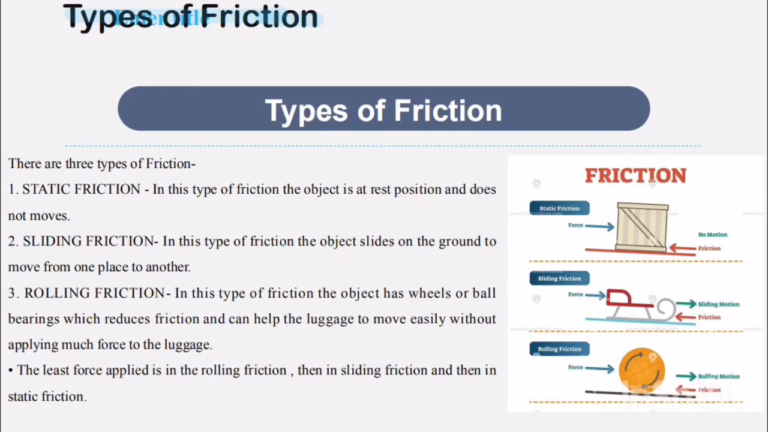Types of friction. There are three types of friction. First, static friction. In this type of friction, the object is at rest and does not move. Imagine a box kept at one corner. It is not moving, and here the friction is static friction. Second, sliding friction. In this type of friction, the object slides on the ground to move from one place to another. Third, rolling friction. In this type of friction, the object has wheels or ball bearings which reduce friction